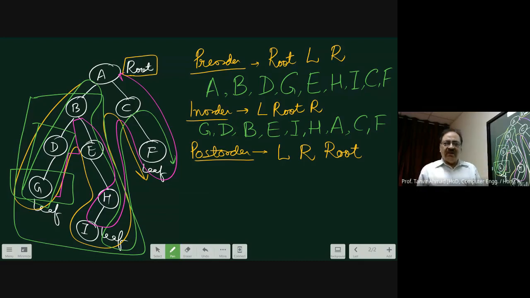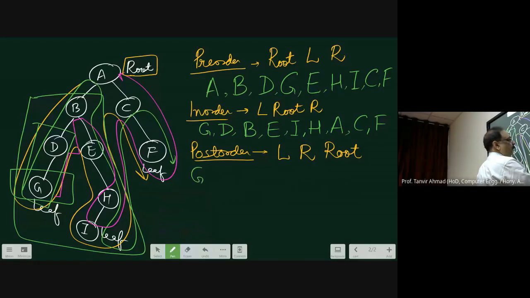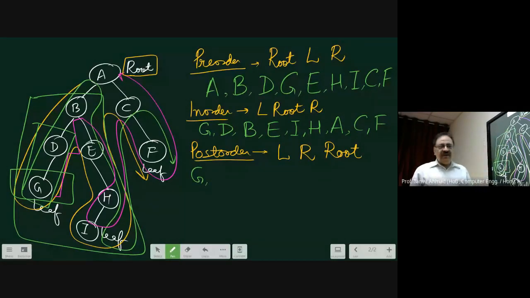Now, in the traversal, you find the leftmost. Obviously, you have already found the leftmost to be G. But from here, you have to again follow the right of G. There is no right of G, therefore you will follow D. Then you come back to B. But you can't process B because the right of B is already there.